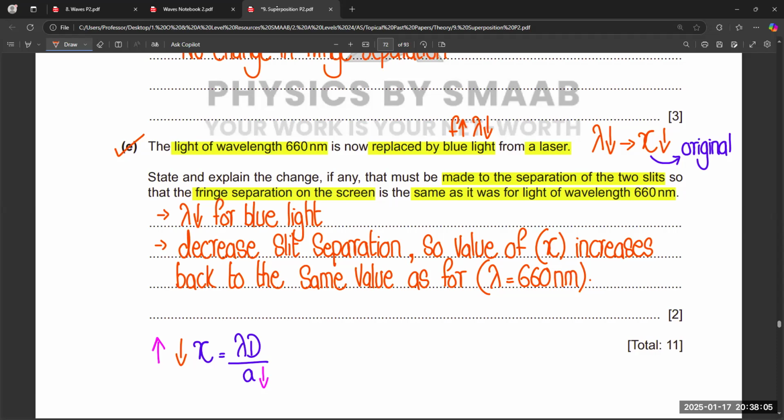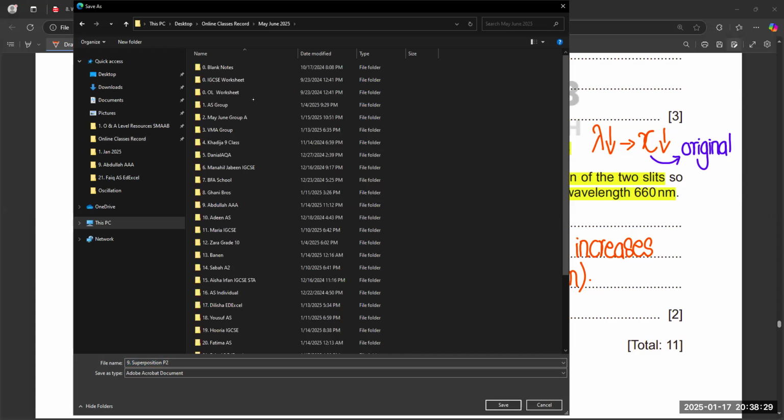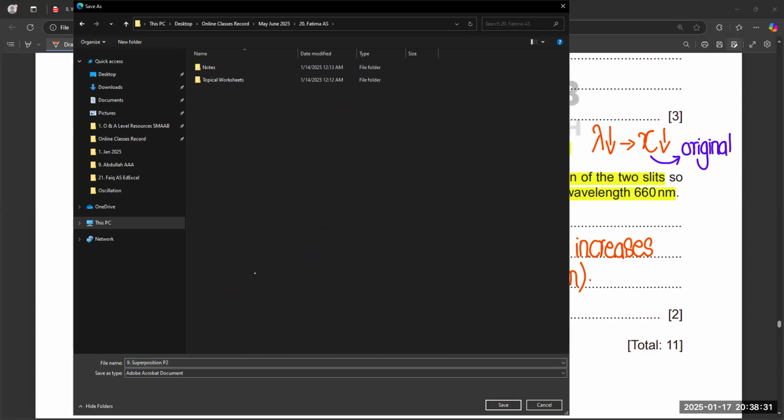Any confusion in this question? No. Okay. As you observe, the questions are very straightforward, very simple. There is nothing complex. We just need to think critically about the factors only. Otherwise, the rest of the question is very, very easy. So, let's include one more topic in this, so we are able to cover more quickly.